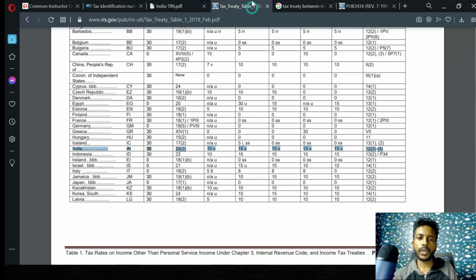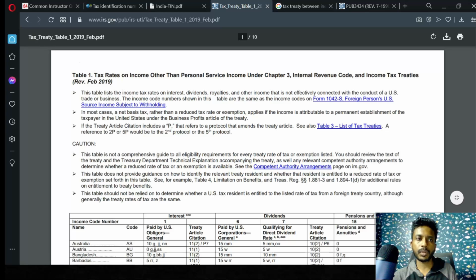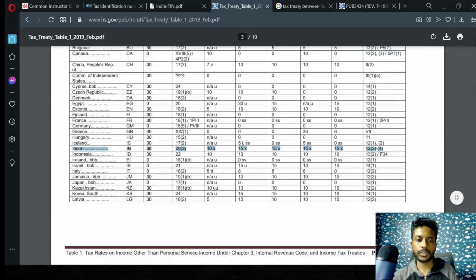The other thing you need to look into is this treaty table. A treaty has been made between different countries. This is a document from the IRS. I'll share that original link. You can go through that link and download this PDF. In this PDF you have to walk through this page where